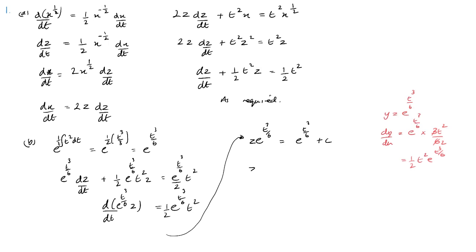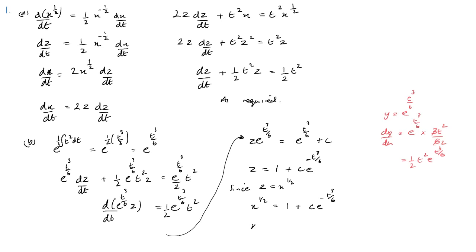Now dividing through by e to the t cubed over 6, we get z equals 1 plus c. Now divided by it, so I can put e to the t cubed over 6 with a minus power, because obviously if we divided by it, it would be in the bottom, but to write it on the top, just the minus power there. And then we know that z equals x to the half, so x to the half equals this, c e to the minus t cubed over 6